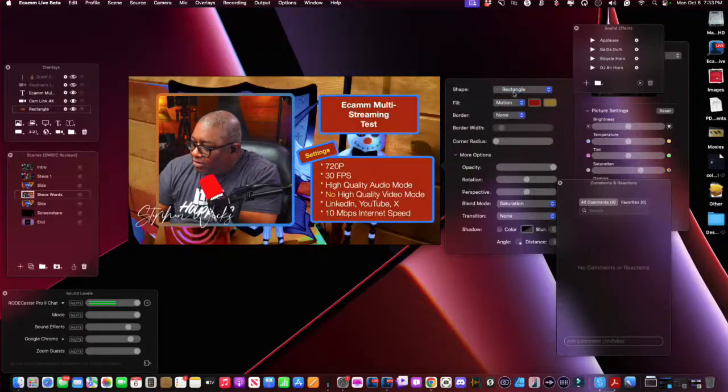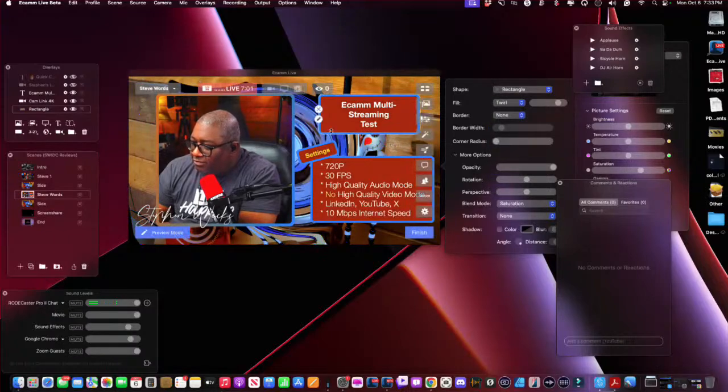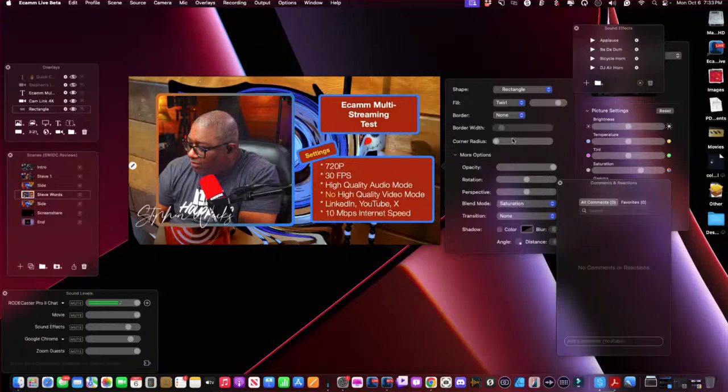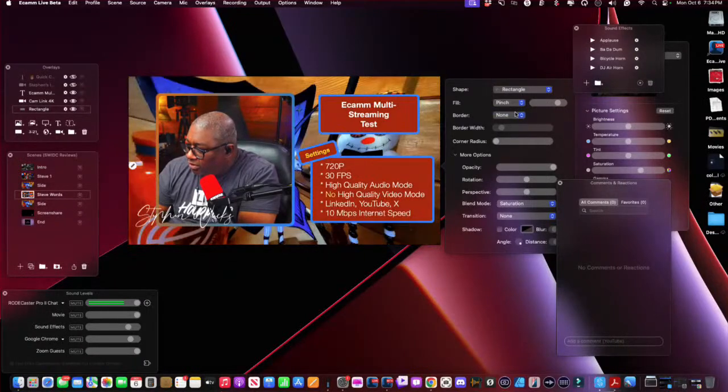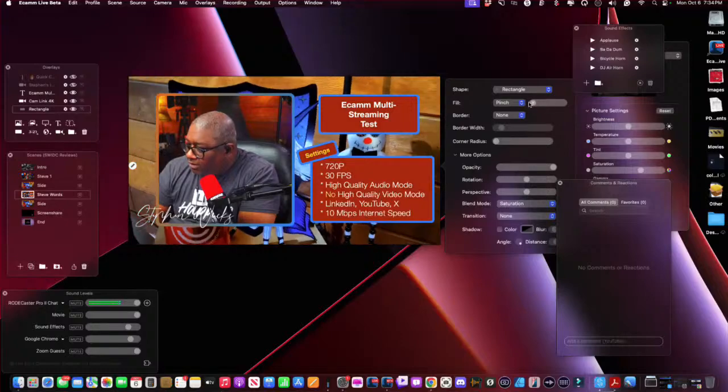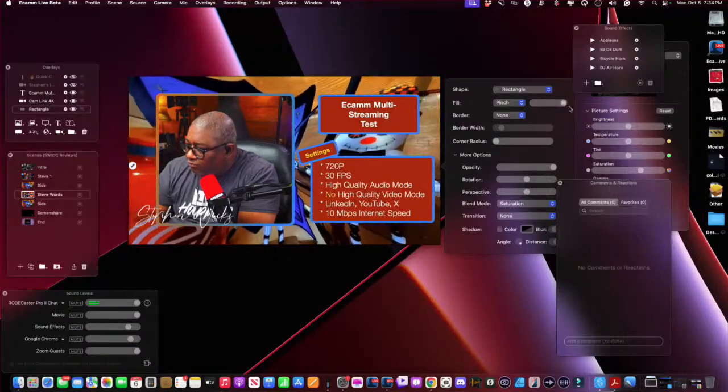You can do, let's see, motion. I don't think motion will work in this case, but yeah, you can do twirl. You can see it kind of twirled back there, and you can adjust the twirl how you want. So you can kind of manipulate things, and you can do pinch and manipulate the amount of pinch for that image. You can do bump,